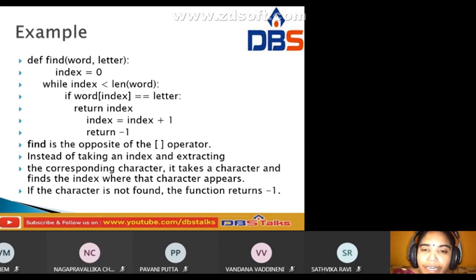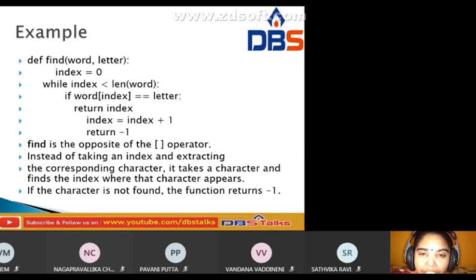Here find is the opposite of the index operator. Instead of taking an index and extracting the corresponding character, it takes a character and finds the index where that character appears. If the character is not found, the function returns -1.